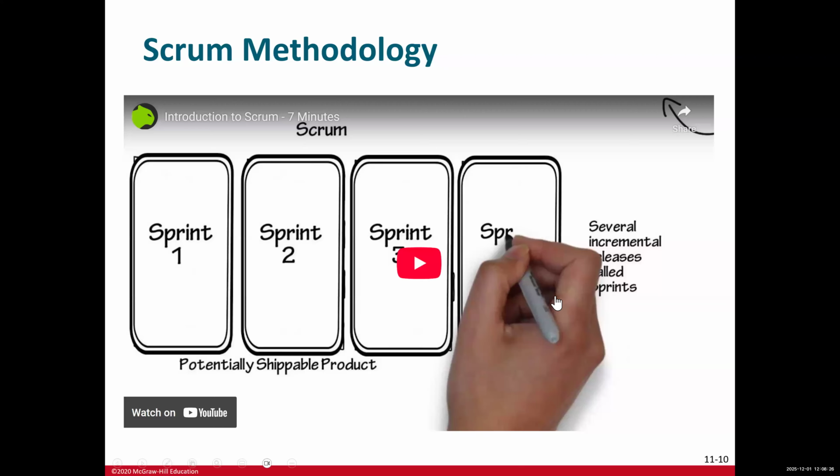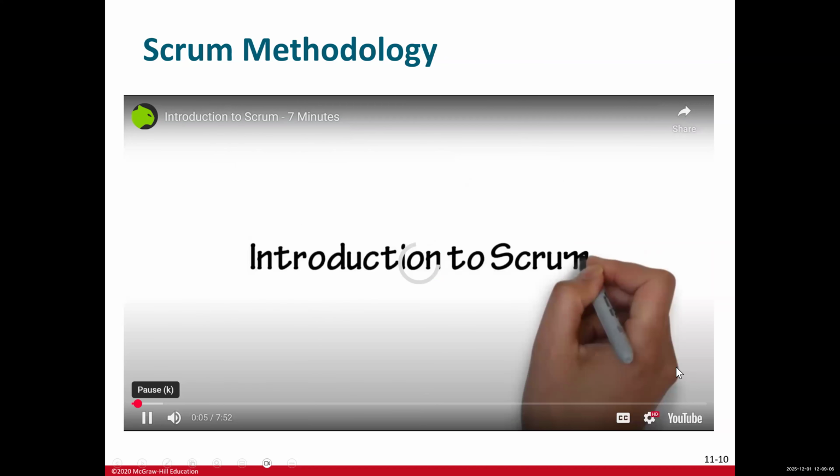Now, with all that I explained, by now you should understand the waterfall SDLC approach, why we need it, and how we go through different stages in a waterfall approach, and agile methodology, why we need it, and how it works: sprint, Scrum, and what a sprint in a Scrum is. And now I invite you to watch this video to understand Scrum as well, with all the explanation that I provided.